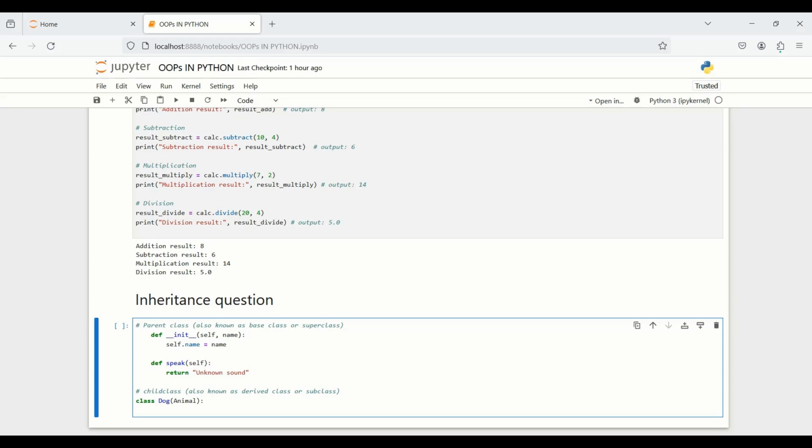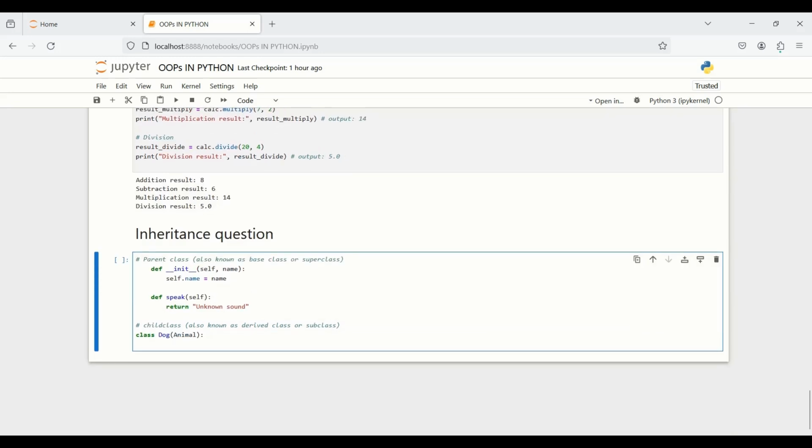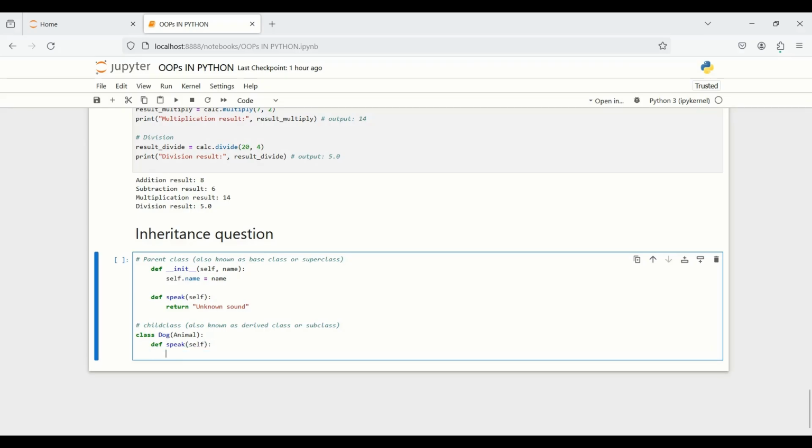Guys, this code is for your practice, so you will understand better. And then create a function speak(self),